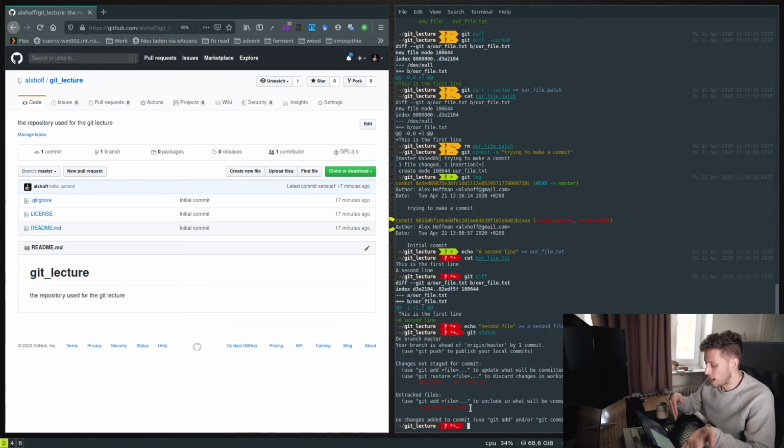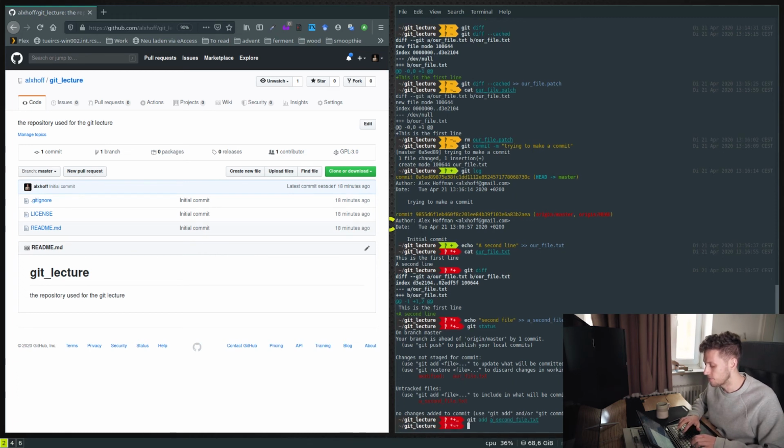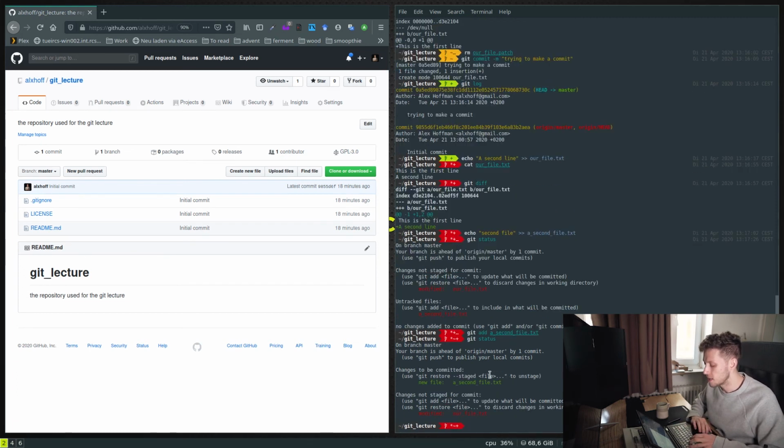So we now want to create, let's say, a commit where we only show the changes to a second file, which is the new file that was untracked. You can see here that there have been changes, but they are not staged for commit. If we do not want to add them to the commit, we simply don't add them using git add. But we want to add a second file, so we'll add it. Now if we run git status, we'll see that the second file is staged for commit, whereas the other one isn't. So now if we commit it,